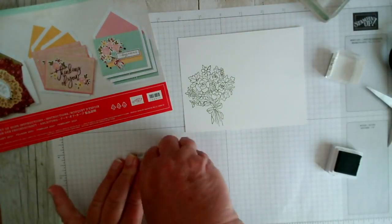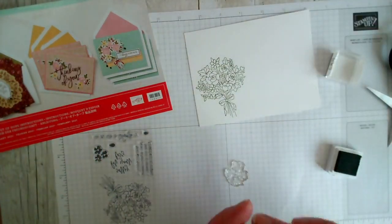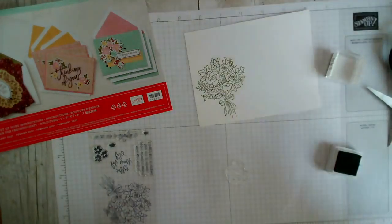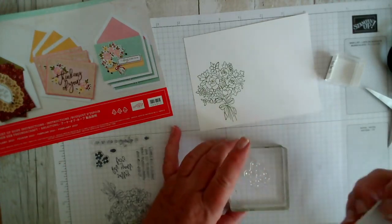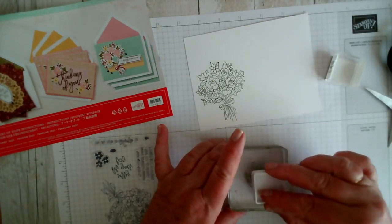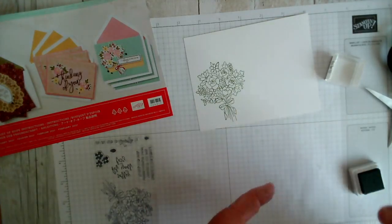So the whole kit is £20, and you get the stamp set. I mean, most of our photopolymer stamp sets are, you know, £16 upwards. Obviously you're not getting necessarily a full stamp set, but